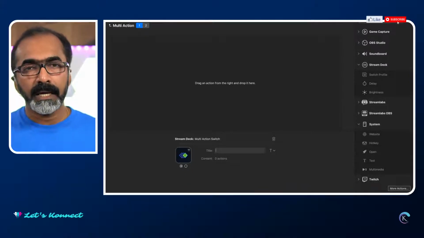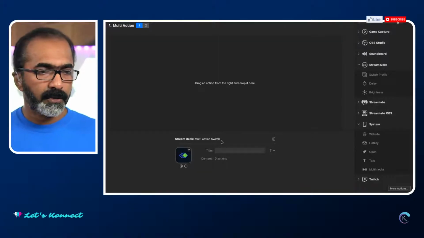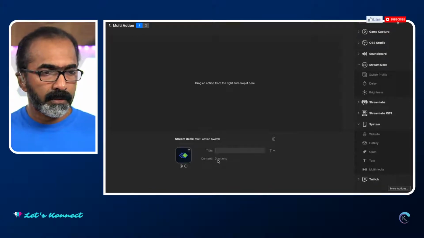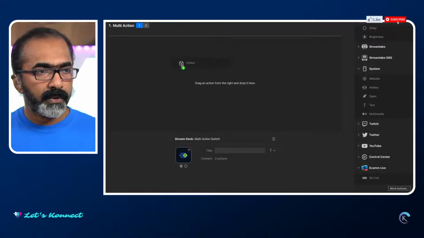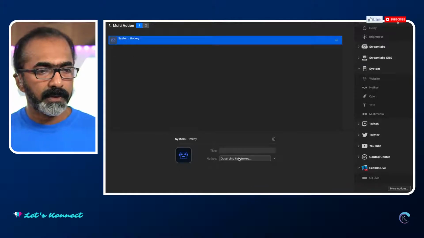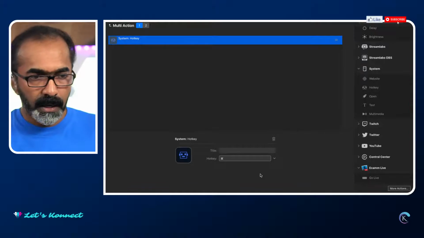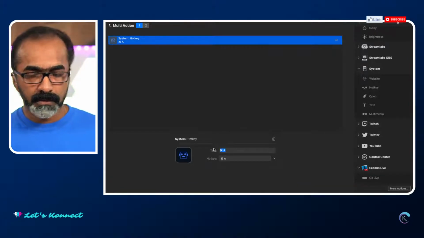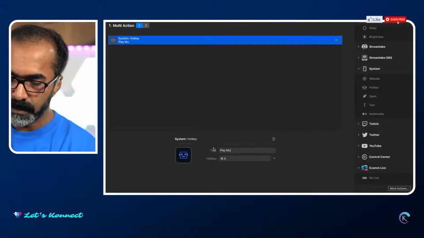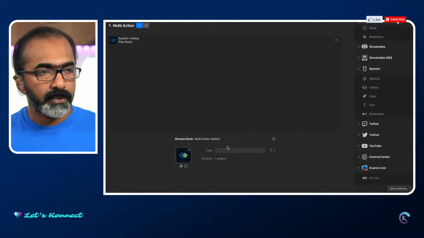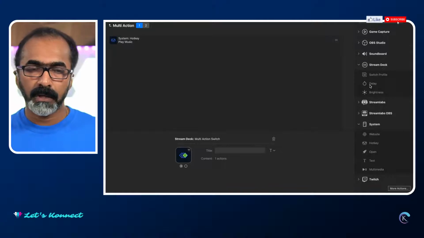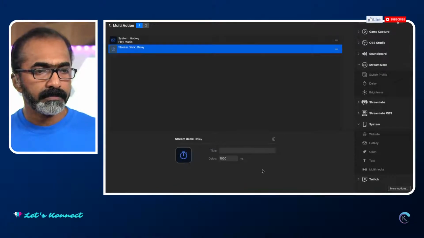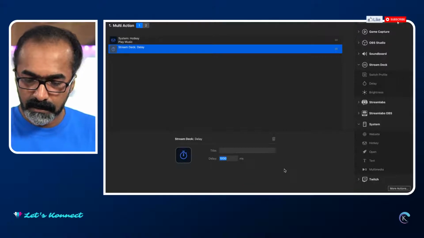I already have a hotkey assigned to that music. It's called Command A. So that is what I'm going to use. My actions are going to be, so let me go into the hotkey here. I want to add an action here and click to assign. So I'm going to add Command A, and change the title to play music. Then I also want a delay. If you go under Stream Deck, there is an option called delay. So I'm adding a delay here. I want about 10 seconds delay, so 10,000